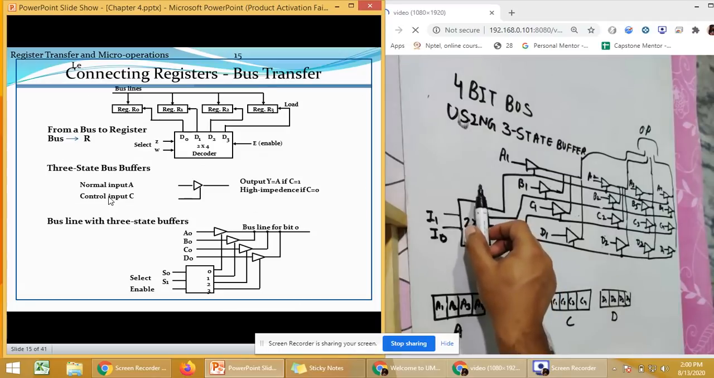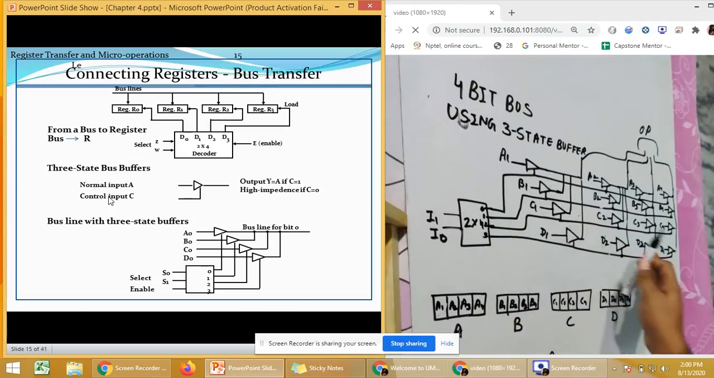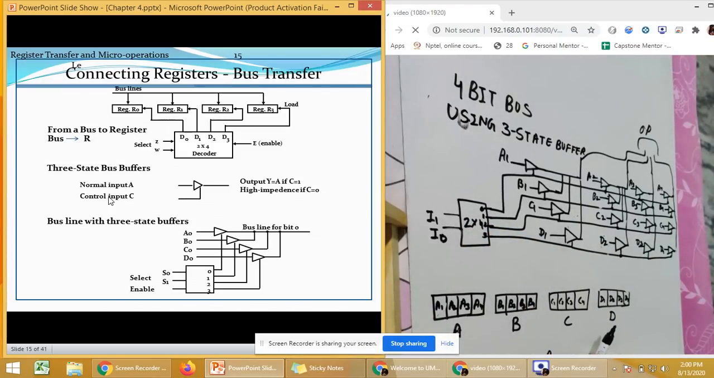But in this case only one decoder is enough, and the rest are only three-state buffers. So it helps you to reduce the cost of your production. Okay, so this is how you will be able to create a bus system by using three-state buffers. Now in your examination it might be possible that they can ask you a question like, construct